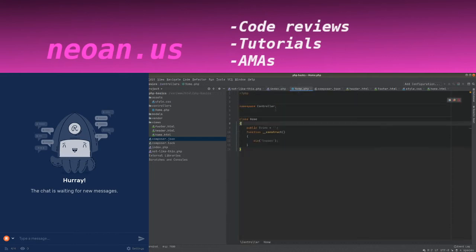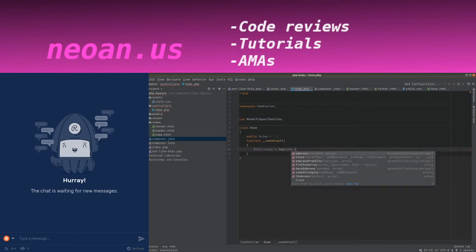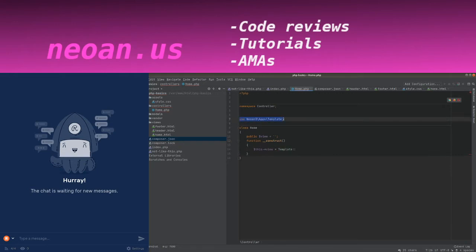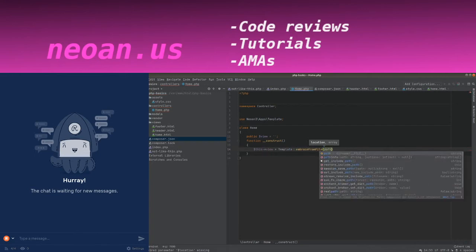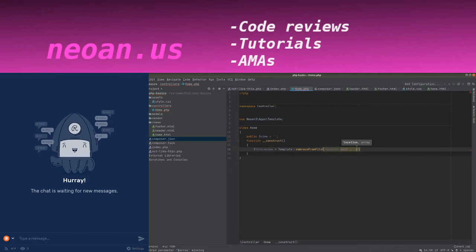So what I want to do now is to say, okay, so effectively, and the easiest thing that I want to do here is to say, okay, so this view equals, and then I'm going to say template, and you see my IDE does that automatically to have the use. And then say embrace from file, right? And so my location is path slash, what did we say, views, and then home.html,